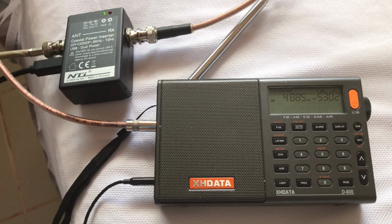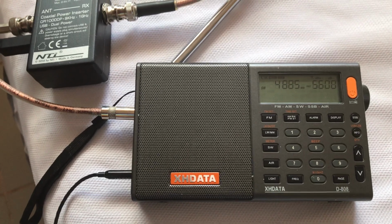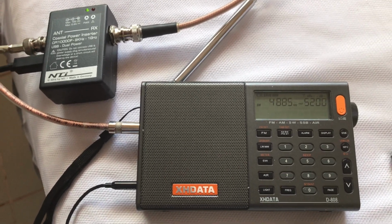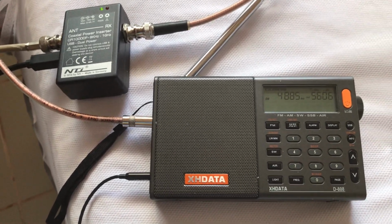I've got the radio connected to my Mega Loop FX, so it would be much louder than this, but it might still be loud enough to use, so maybe I'll give it a try, but otherwise it'll get a look at when I get back to the UK. So